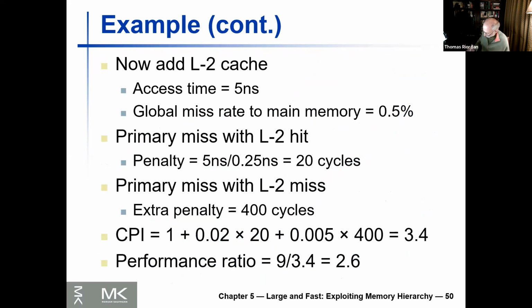And this time he says, okay, the access time is now 5 nanoseconds. And so he does, again, the same math, 5 nanoseconds divided by 0.25 nanoseconds is equal now to 20 cycles. So recall that the access time to main memory from the previous slide was 400 cycles, right? So you can see now why we have caches on our processors and why we have multiple levels, because 20